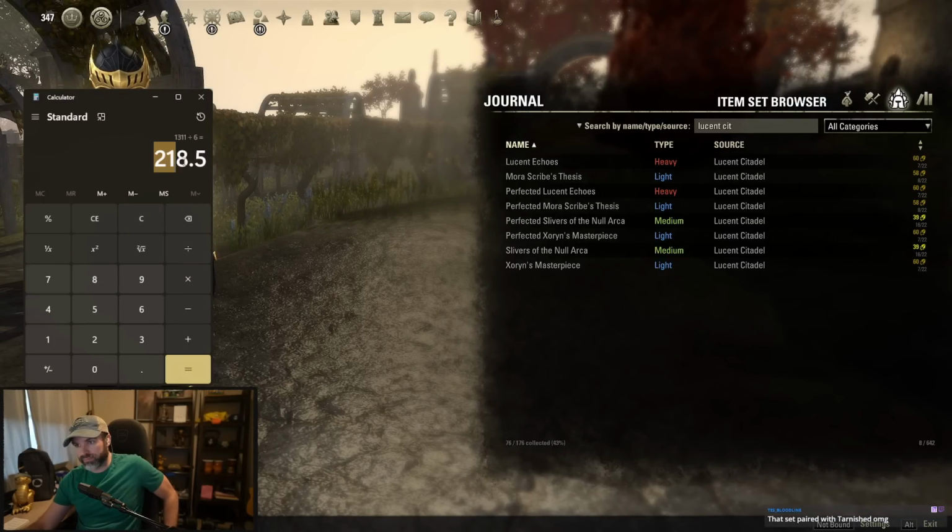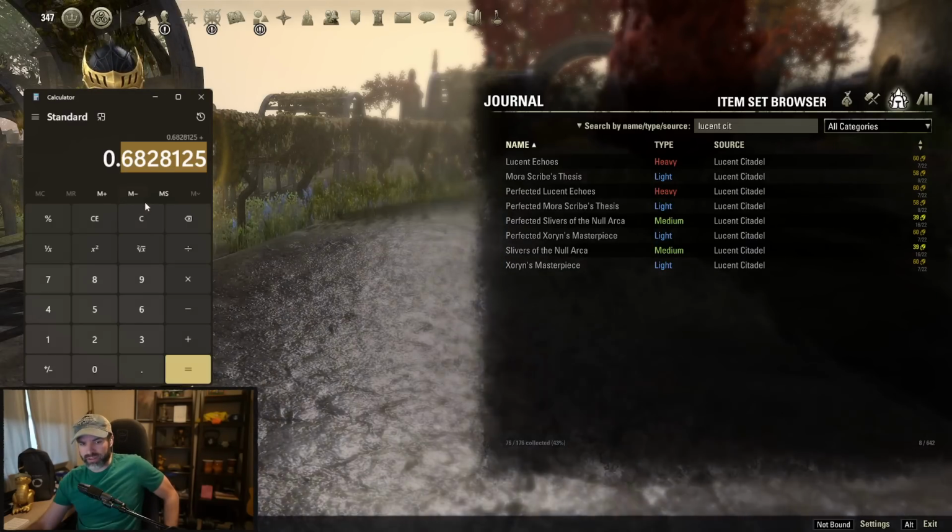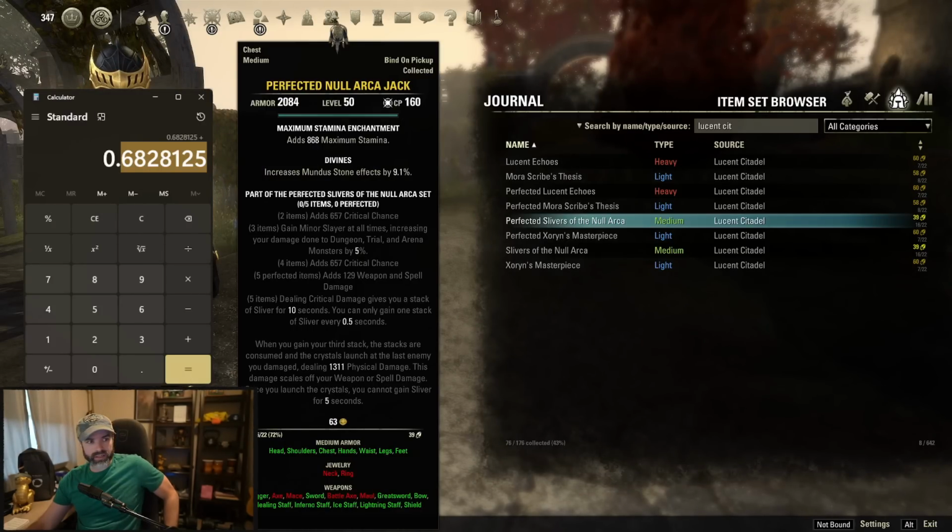218 is our average per second for this, which is much lower than what you get from something like Pillar of Nirn. I think Pillar of Nirn is like 320 a second at the base. So yeah, only like 68% of the damage you'd get from Pillar of Nirn on this. Feels almost like it's bugged. It's so low. And the reason I say that is because the set is very limited in how you